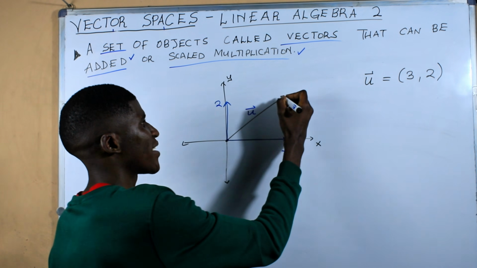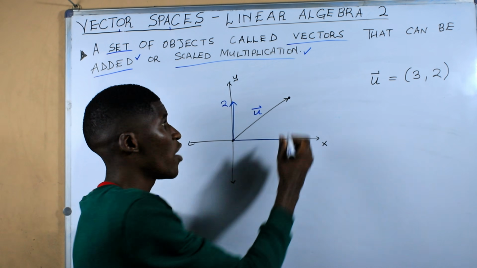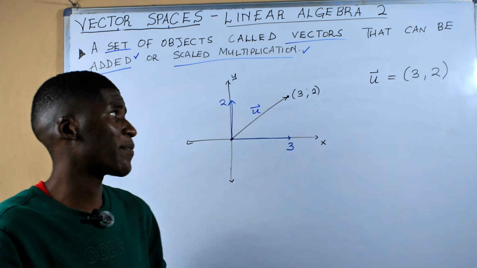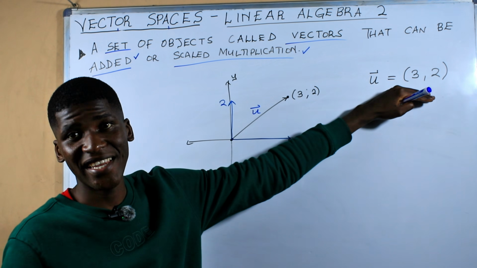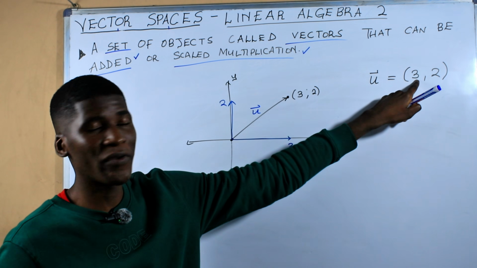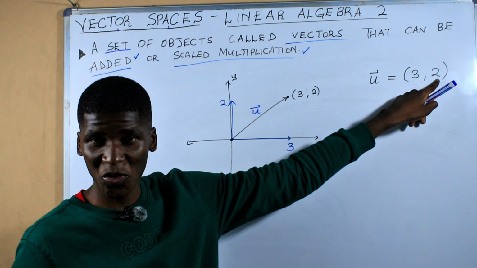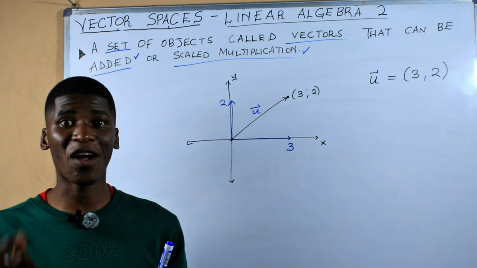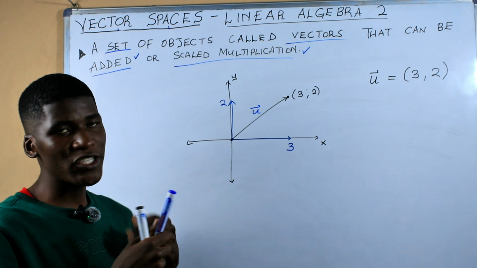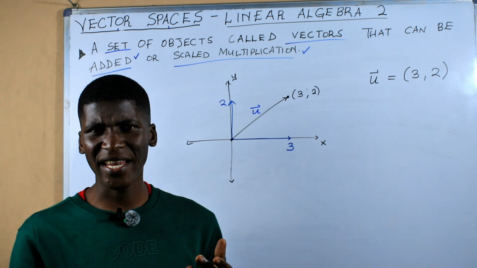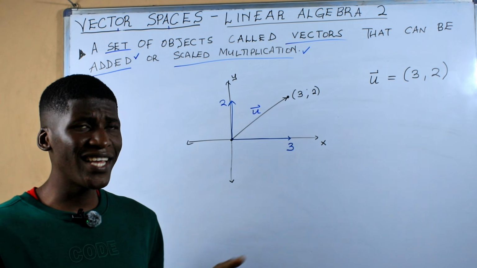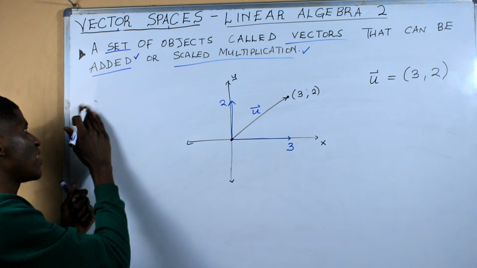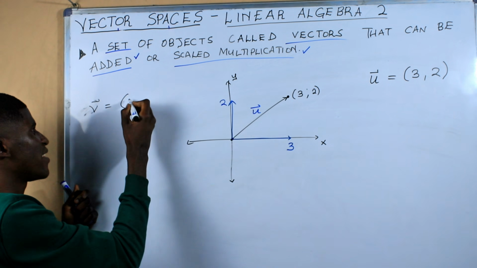This also tells you what is the coordinate of this highest point here, which is given by x is equal to 3 and y is equal to 2. But when you are representing it this way, you are trying to explain that this is a vector having an x component of 3 and a y component of 2. So in linear algebra, whenever we talk about vectors, we need to also talk about their components as well. So we can only draw up to the 3D Cartesian plane whereby we have a z-axis. In the case whereby we have a z-axis, you often see a vector, maybe let me just say a vector v, and this vector has got maybe (2, 3, 4).